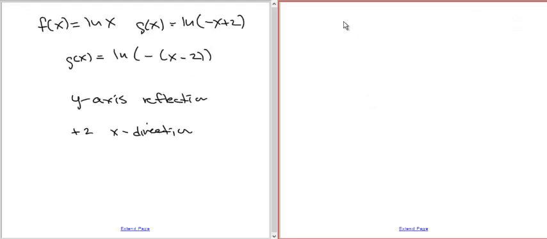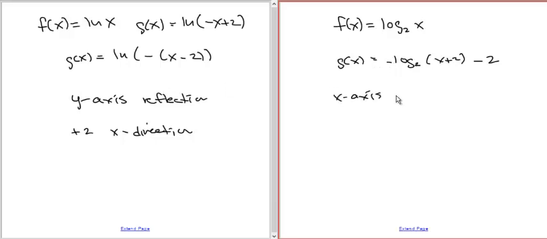Okay, the next one, you actually have to plot them. You have log base 2 of x for your parent function, and your transform function is negative log base 2 of x plus 2 minus 2. So the transformations are, again, the negative sign is out in front instead of inside. So that means you have an x-axis reflection. And because we have a positive x, we don't have to factor out a negative sign, so we just leave it as it is. So you have -2